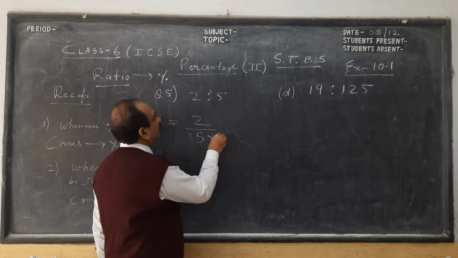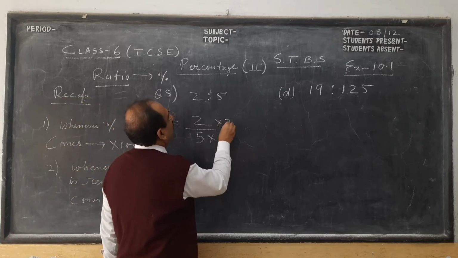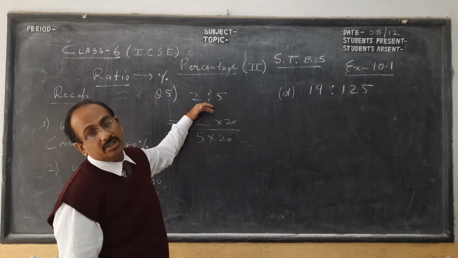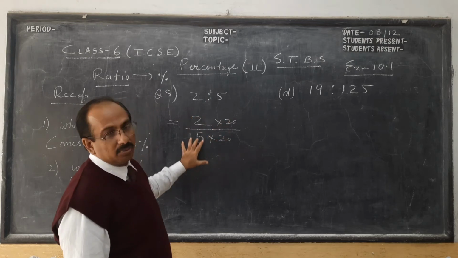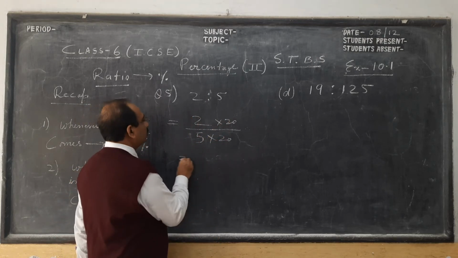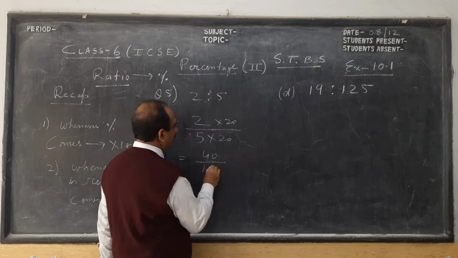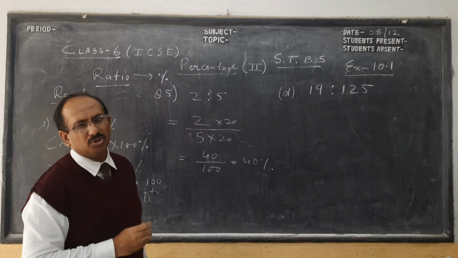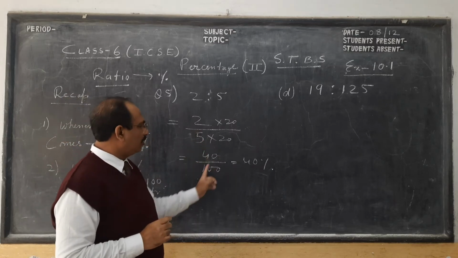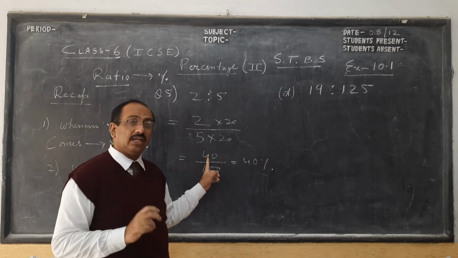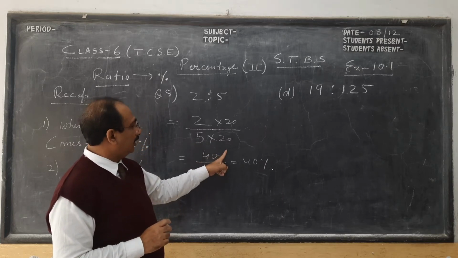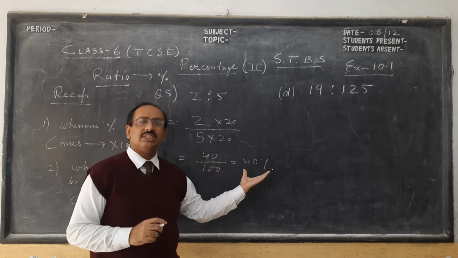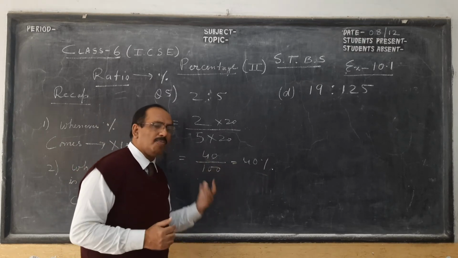So to make 5 into 100, multiply by 20, and as I said, if you multiply the denominator by 20, you have to multiply the numerator also, because ultimately this will cancel. 2 by 5 will remain 2 by 5. So this becomes 40 by 100. This is 40%, children. That is one logical method. The book has used both. Most of the book you will see: make the denominator 100 and see what the numerator is at that time. So when the denominator is 100, the numerator is not 2, because 2 into 20 is 40, and 40% is nothing, children, but 40 upon 100.